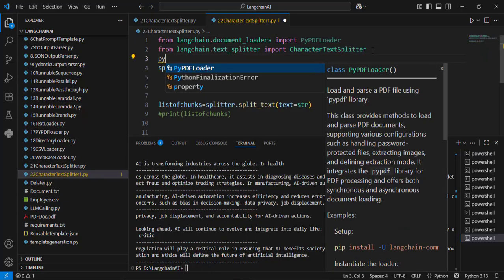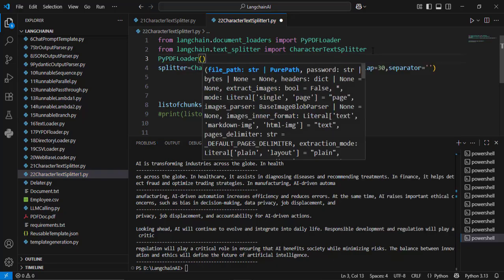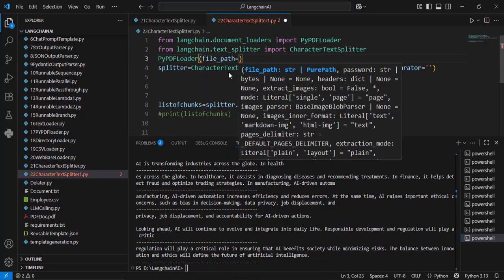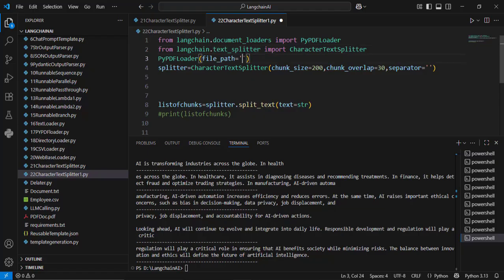So I will call this PyPDFLoader class, and I will mention the file path here. So the file path is equal to pdfdoc.pdf. So this is the path,